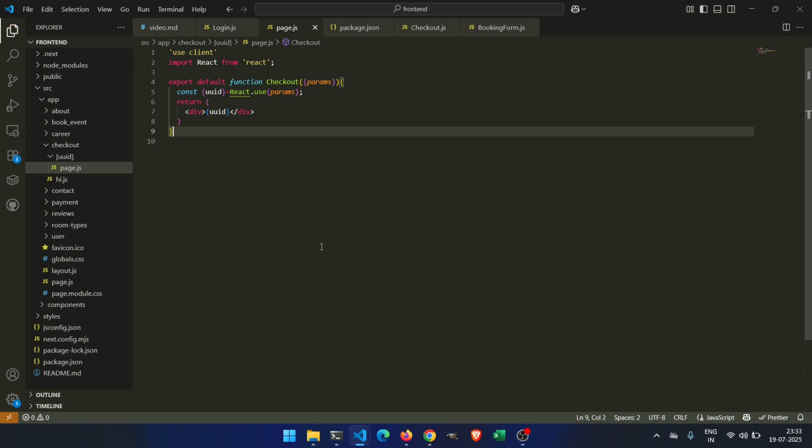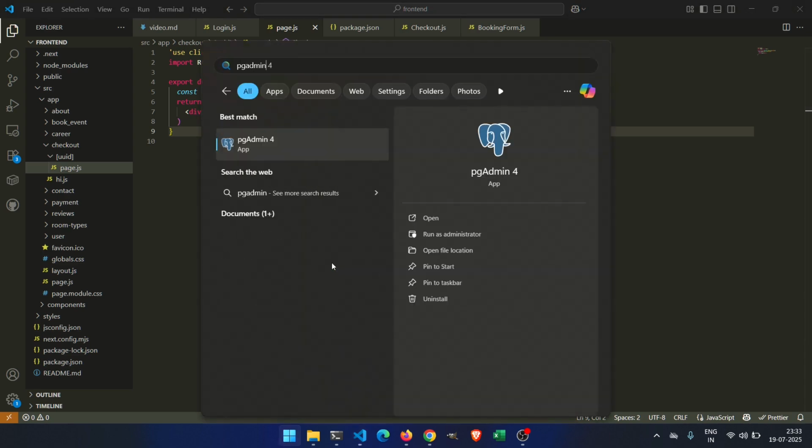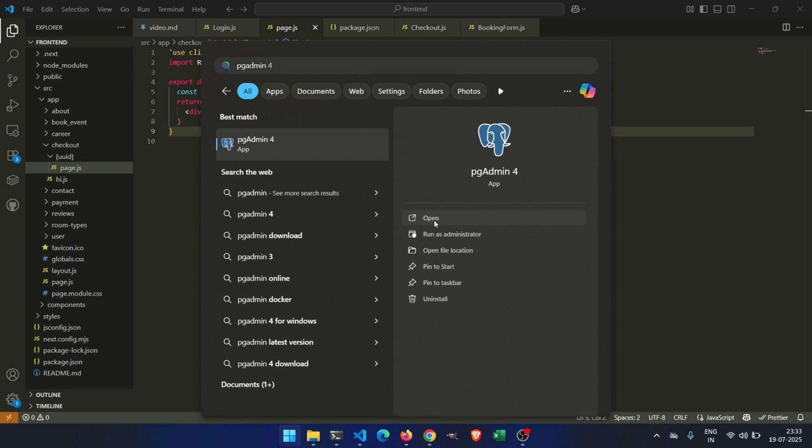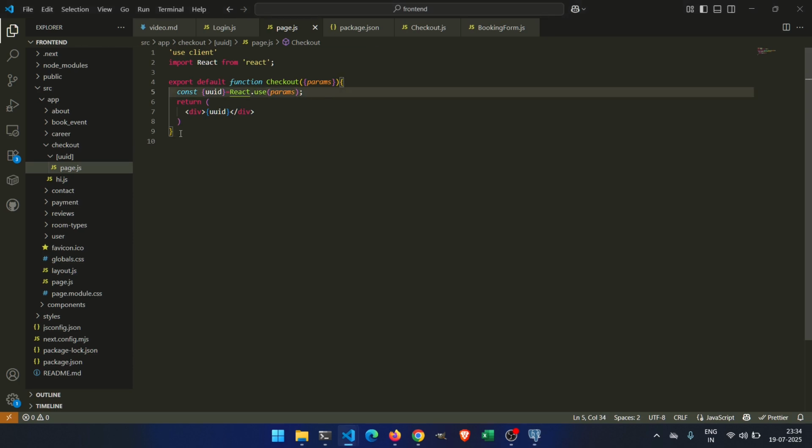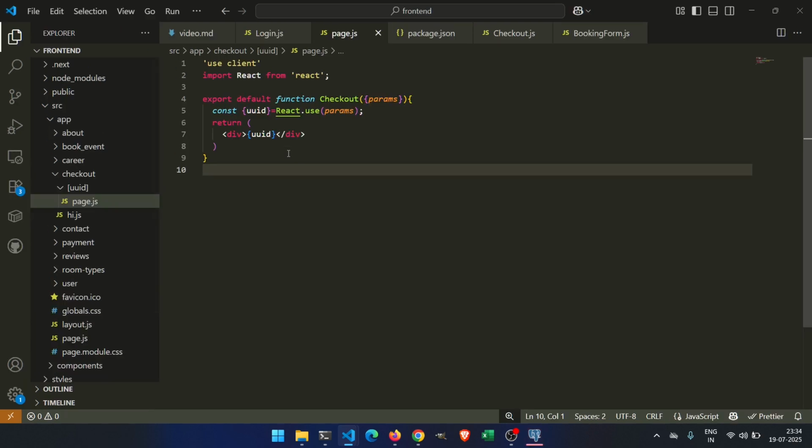Okay, so I will open pgAdmin. It will take just a few seconds. I hope this font is clear to you. I will increase the size a little bit. And here we have,